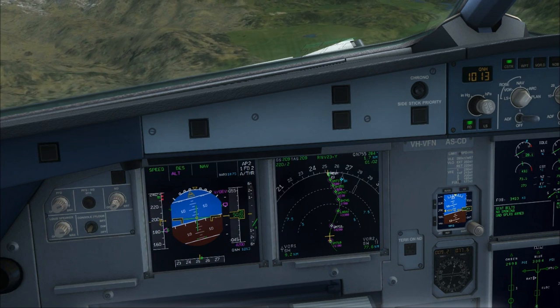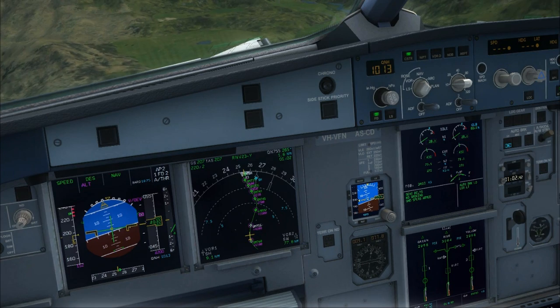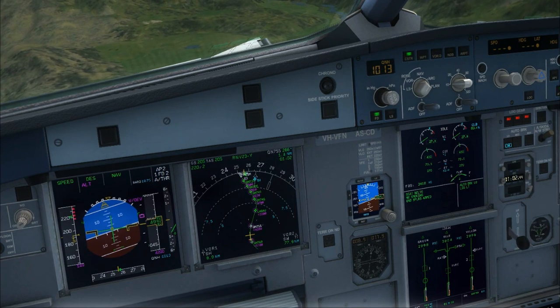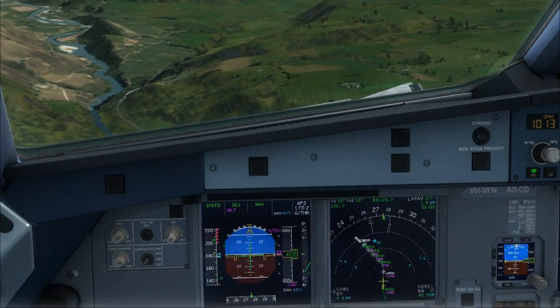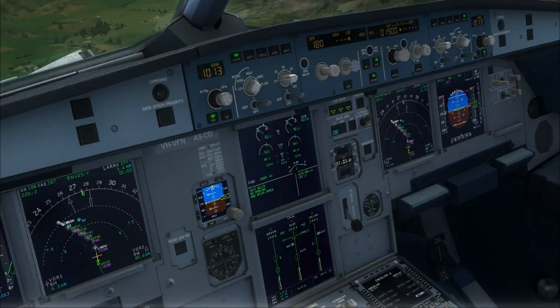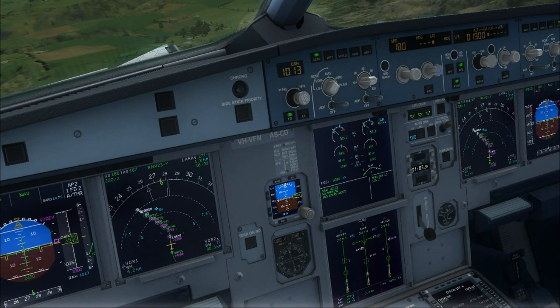Alright, speed check, flaps 2, and gear down. Following the vertical deviation fine, and at this point what we're going to do is we're going to arm approach mode,